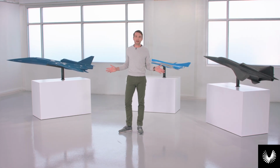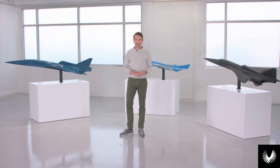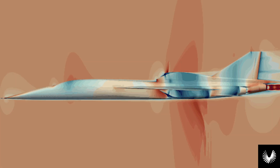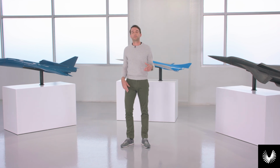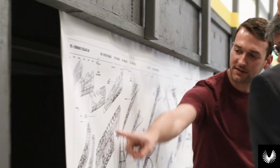If these models look fast, it's because they're designed to be fast. They'll operate quicker than the speed of sound. But that speed doesn't come for free. The faster the aircraft travels, the more drag it experiences. You can offset this with greater engine thrust, but that comes with increased fuel burn and therefore cost and emissions. At Boom, we aim to create a sleek, lightweight design that minimizes drag to the greatest extent possible, and therefore